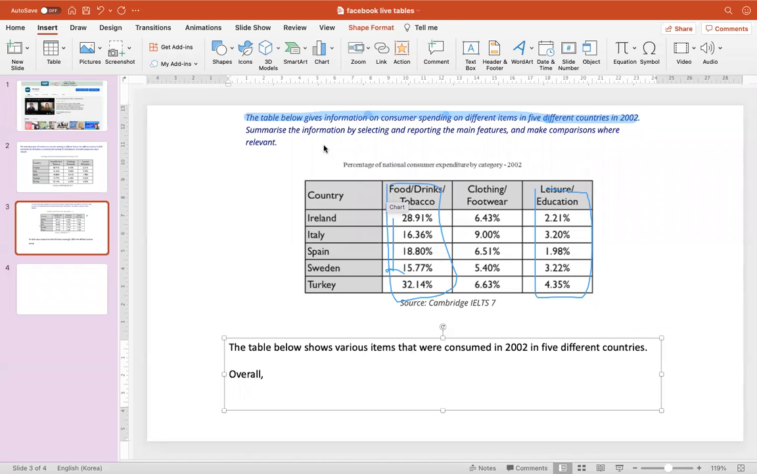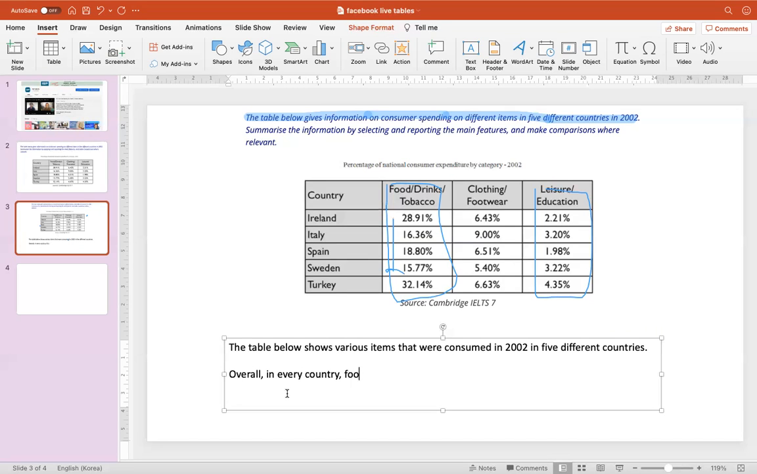What do you notice? 28, 18, 32, 1, 2, 3. What do you notice about these numbers here? There is the highest ratio in the first column as compared to the last one. I would say so. So overall, in every country, or in all countries,